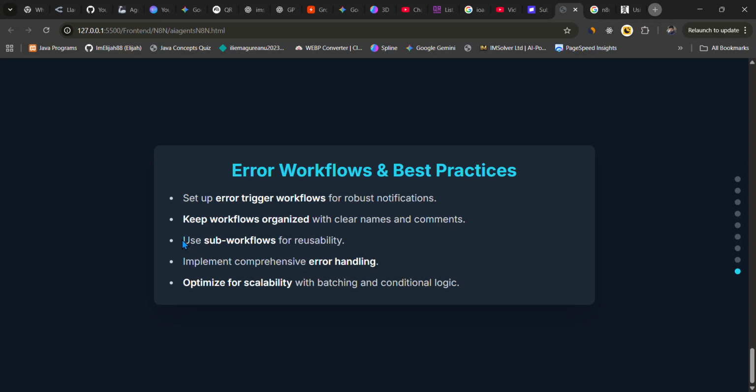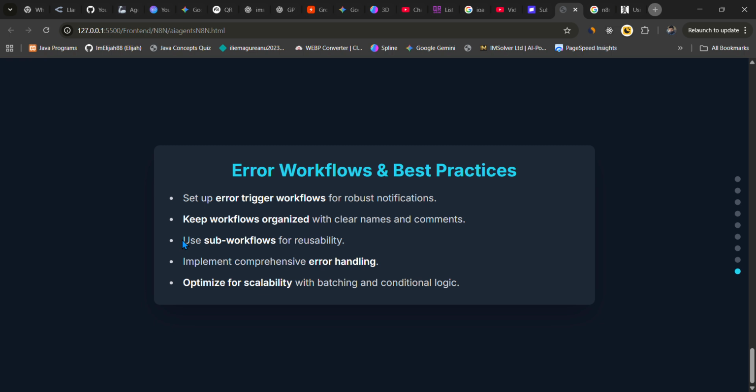Error workflows and best practices. Finally, it's important to build robust and reliable workflows. The masterclass shows you how to set up error trigger workflows that can notify you when something goes wrong.